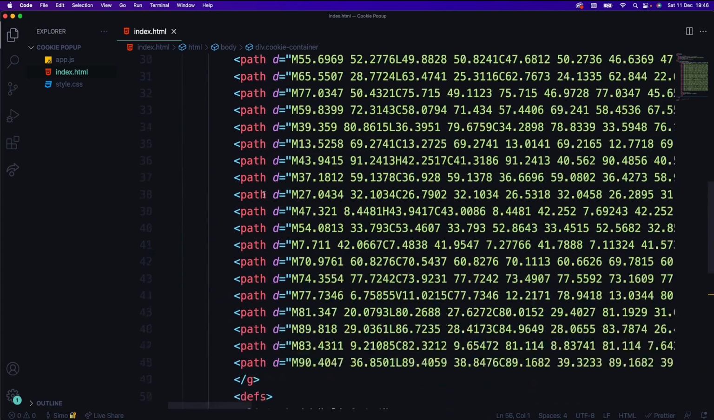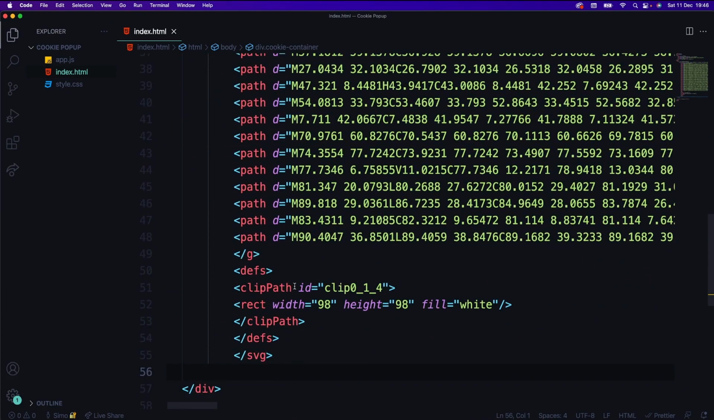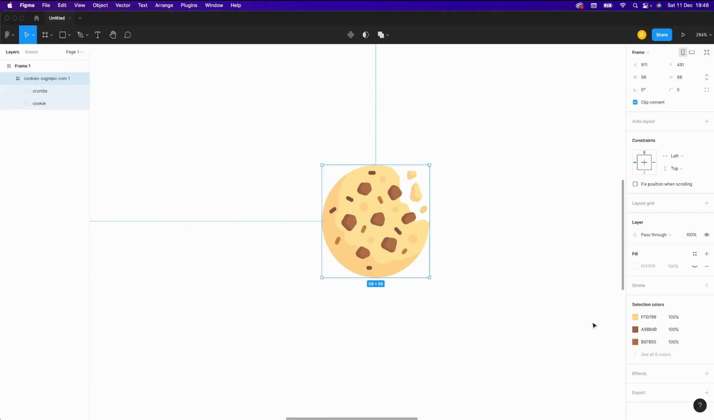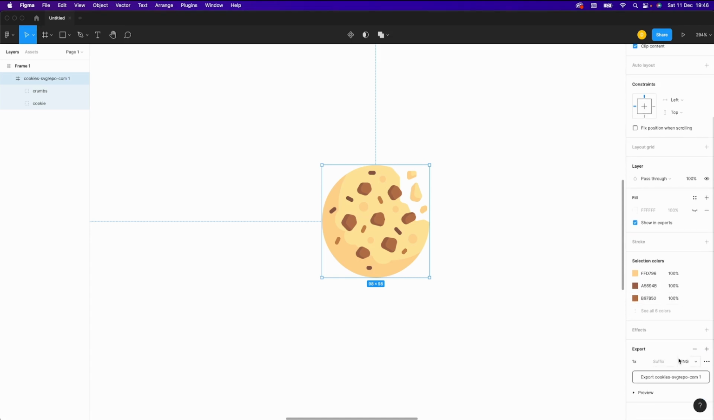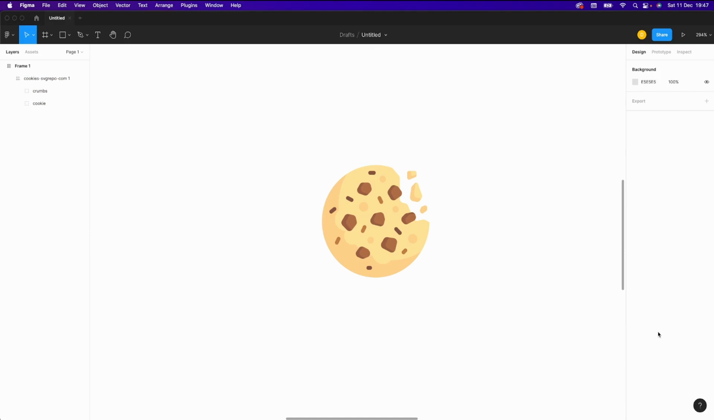So we're gonna need to explore in this whole path section where our crumb is and where our cookie is. Now, another cool thing that Figma does is if you hit export here and just scroll down, you can export as SVG. And what you can do here, if you open up the three dots here, you can do include ID attribute, which exports layer names using ID attributes. So if I click on that and then export it,